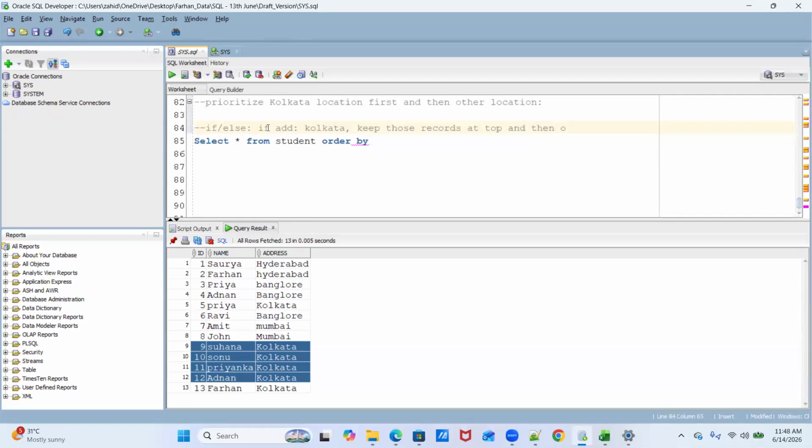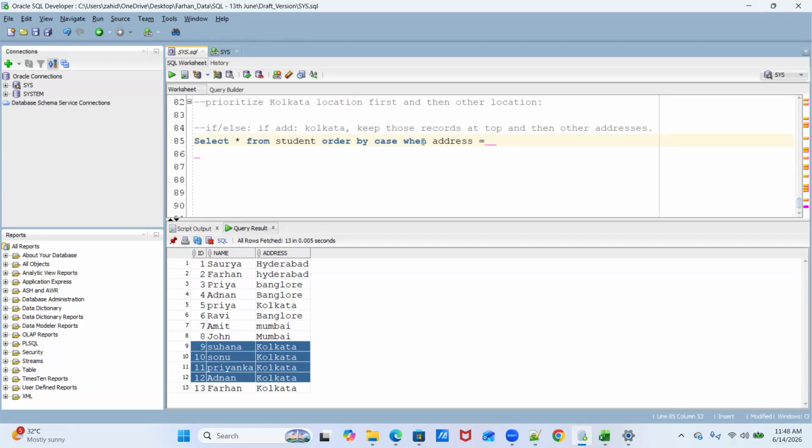And then other addresses. So after order by, you have to mention a case. So this is order by case. Then you want to sort based on the address column.